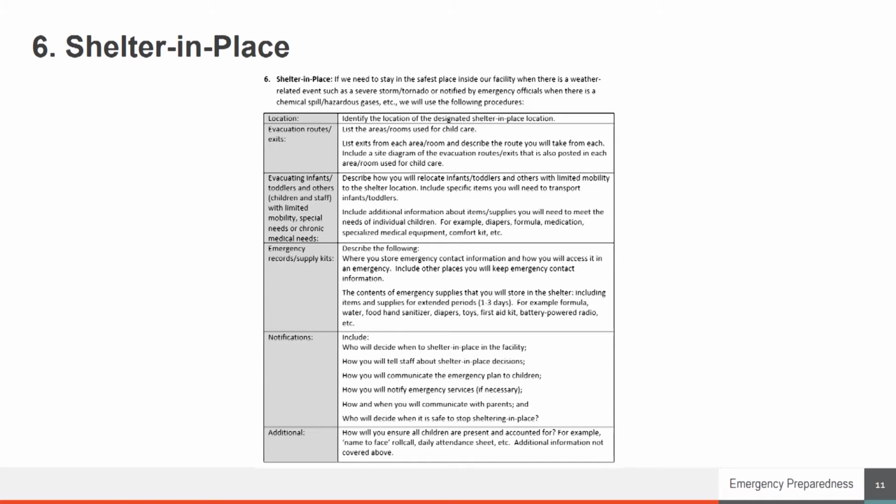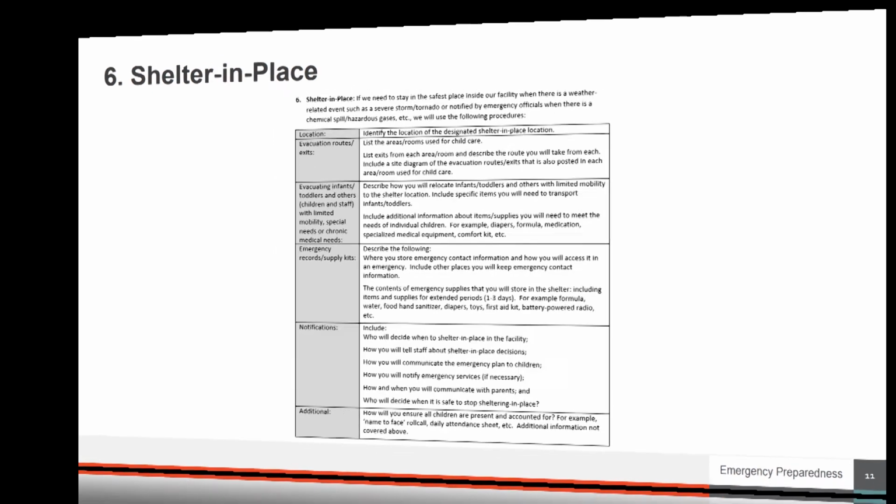Consider if you need to remain in that space for an extended amount of time, whether it's hours or even days. What is needed? During the derecho in August 2020, for example, it was discovered that more flashlights were needed for an extended amount of time due to long-term power outages. Check your supplies frequently to make sure they are sufficient, so the food is not spoiled, batteries are fresh, and supplies meet the current children using the space. The supply list on CCR&R's website under the Emergency Preparedness tab is a helpful tool.